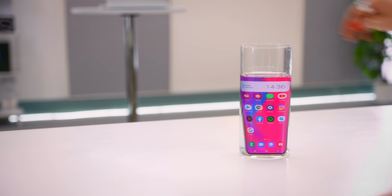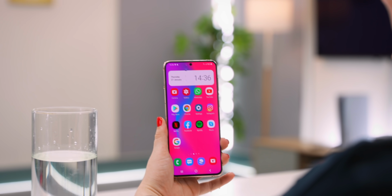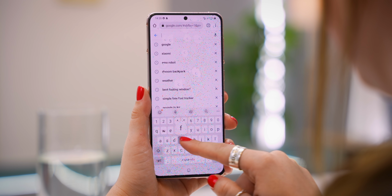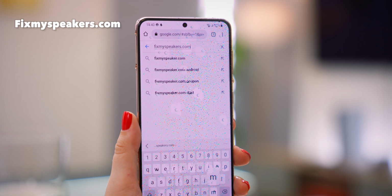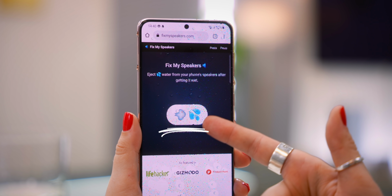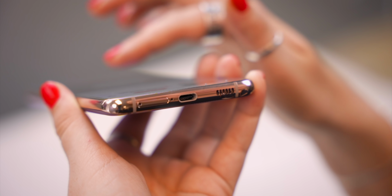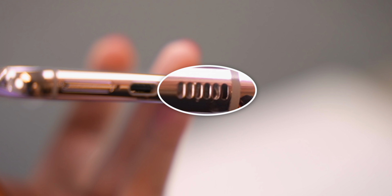Now, this little trick will save you if you ever drop your phone in water or somehow get it wet. What you do is head on over to Google and search for a website called fixmyspeakers.com. And what this website does is it plays a specific sound really loud so that all the water trapped in your phone speakers will be ejected when you press this button. So once you're ready, hit that button and watch in amazement as all the water is ejected from all your